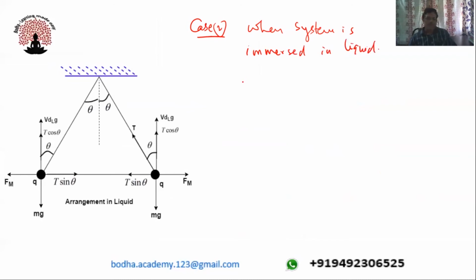So in this case, we can observe that weight mg will be acting in the downward direction. Tension in the string will be acting towards the point of suspension. Repulsive force will be acting in opposite directions. So on this sphere, the force of repulsion will be acting towards the right. Now tension is resolved into two perpendicular components, T cos theta and T sin theta. Apart from these forces, buoyancy force also acts on the sphere, which is given as volume into density of liquid into g. So at equilibrium,